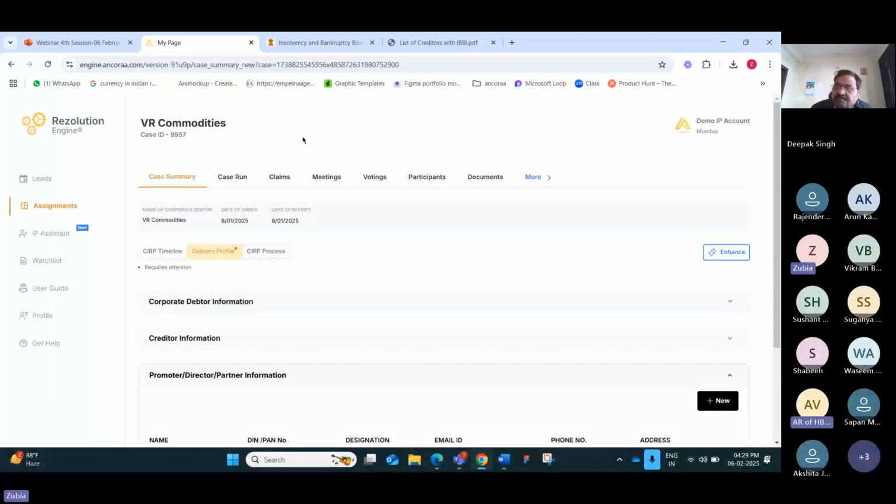Yeah, what is the costing part and other things for using this platform? Right. Sushant, would you like to answer this? Yes, sir. So the cost of using the platform is